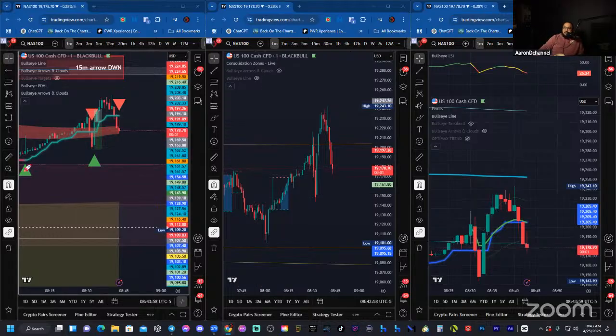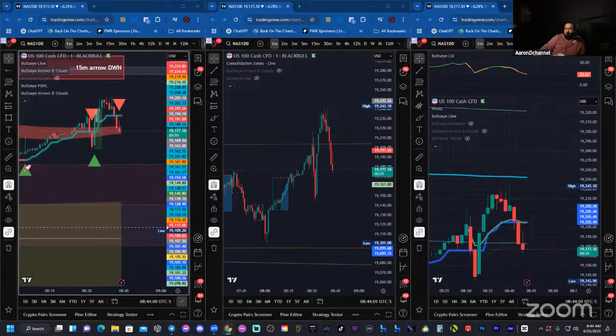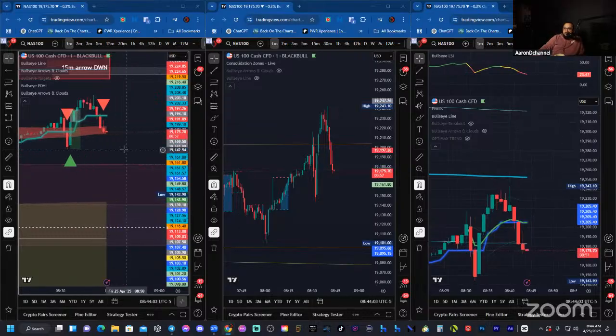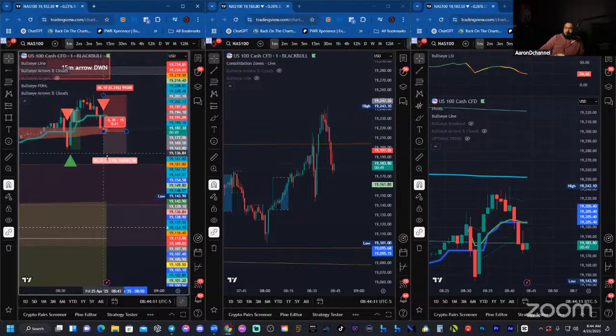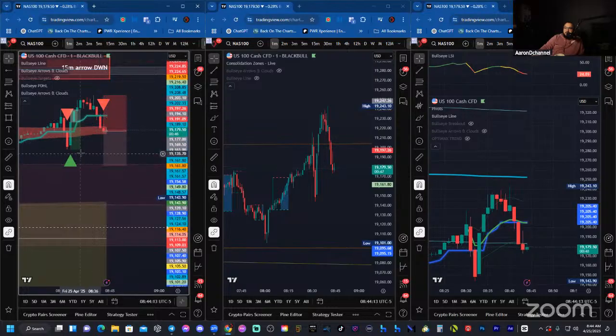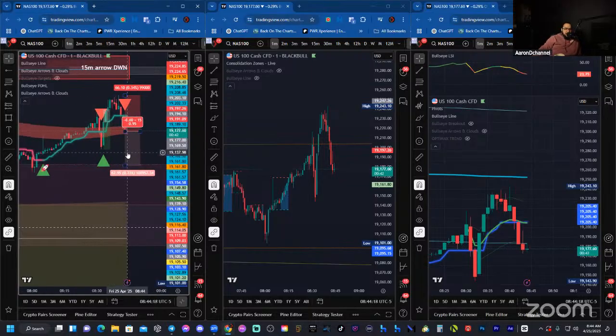Right. So let's see. Red arrows time. Let's go. Let's see what happens. Red arrows are something on my chart that is not emotions. This is just signal. It's like, okay, let's see what happens. Don't know. That's the point. If you have to think about it, you're doing it wrong.